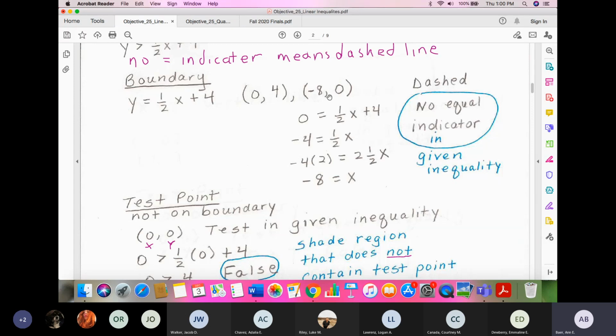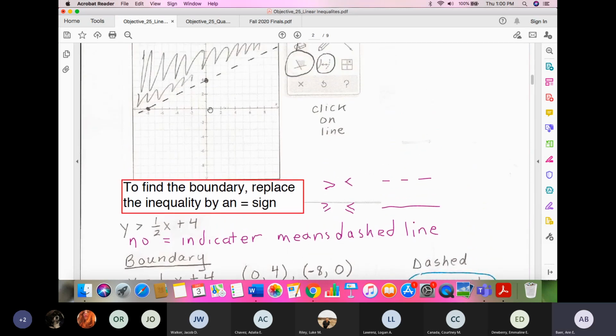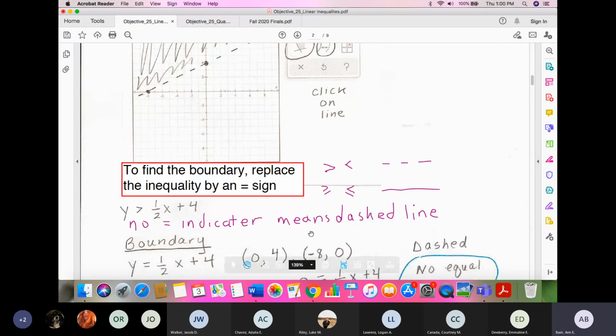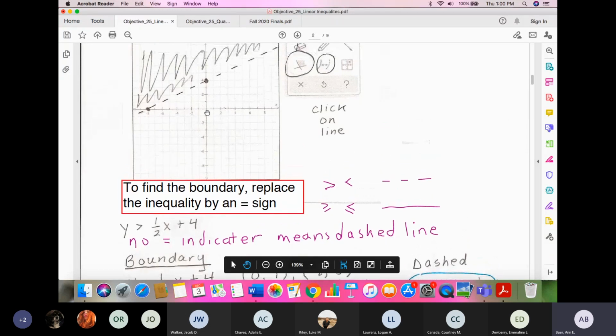So we can now plot those. Let's plot 0, 4. So 0, 4, x coordinate of 0, y coordinate of 4 is right there, right where that colored in circle is. Then -8, 0 is the other ordered pair. Let's find that point. -8, 0. -8 on the x, we start at the origin, go -8 in this direction, and then 0 for the y means to stay put, so that's where we stay, and then we put a point there. And we've got two points which determine a line,